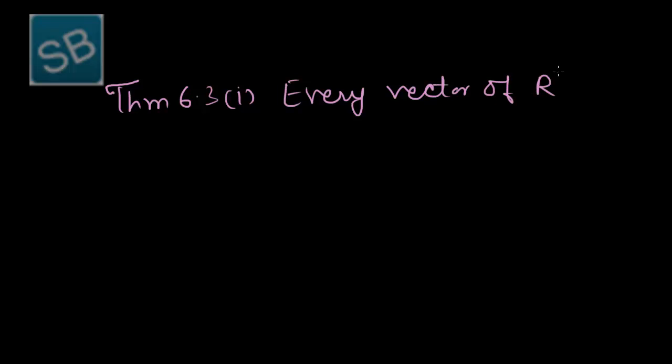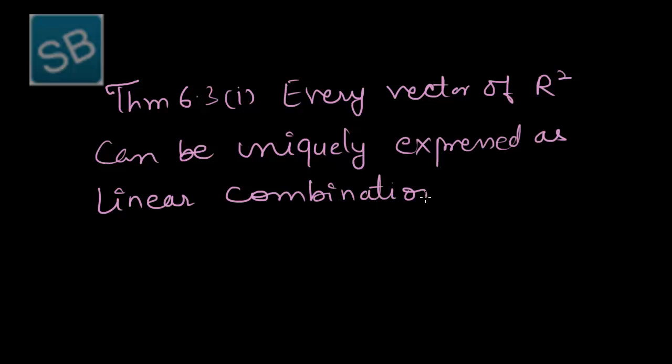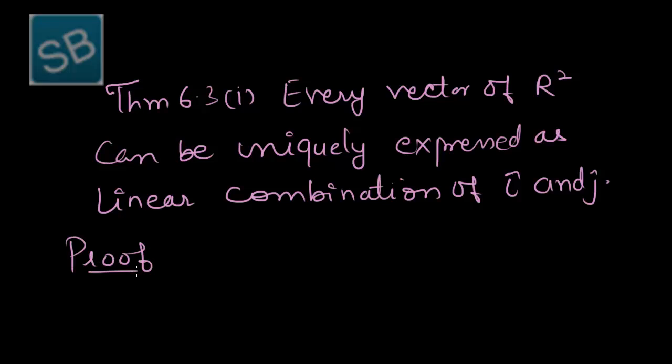Now we are going to state theorem 6.3, whose first part is: every vector of R square can be uniquely expressed as a linear combination of vector i and vector j. Now the proof is,